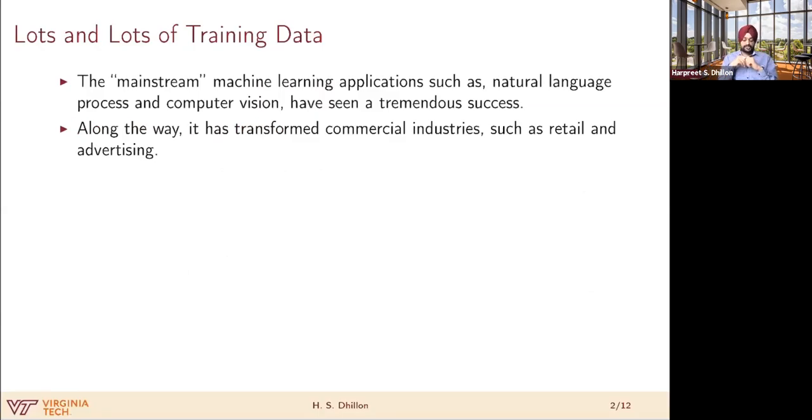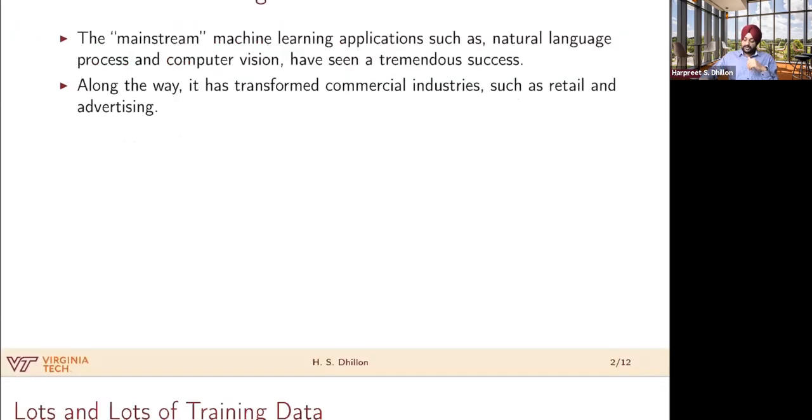Okay, so now when you think about the success of machine learning, right, that has been somewhat confined to some mainstream machine learning applications, things like natural language processing, computer vision, right? It has, of course, along the way transformed many commercial industries through these applications, such as retail and advertising, right?